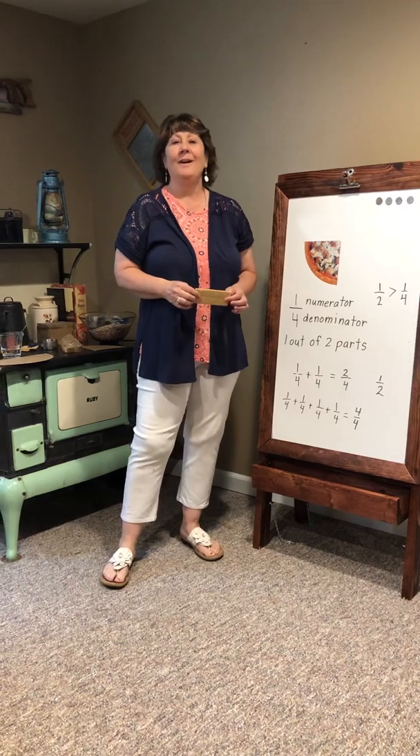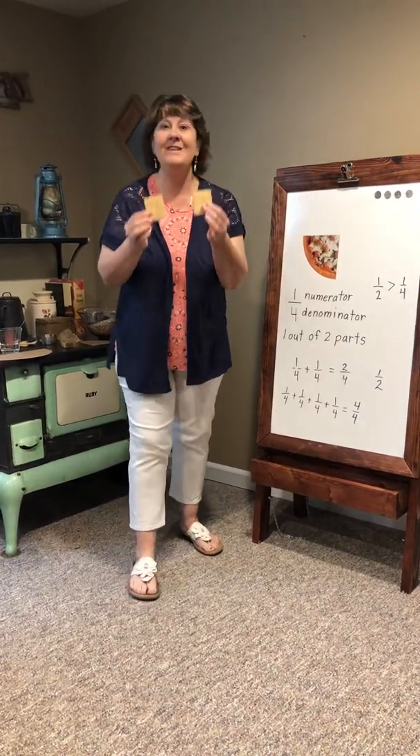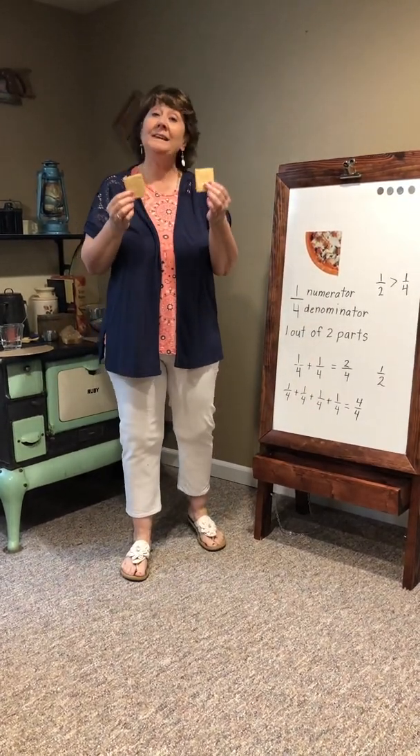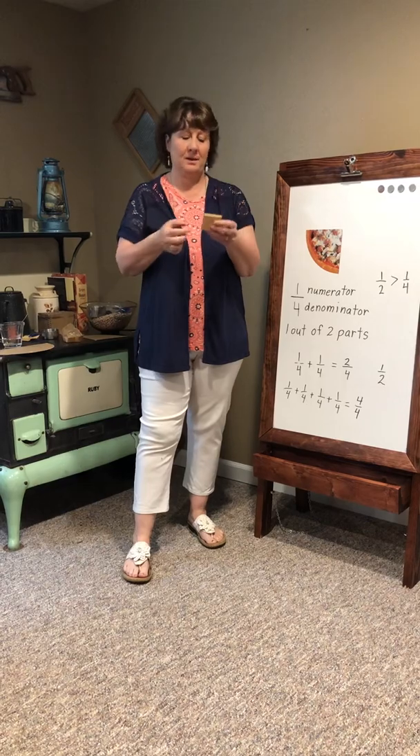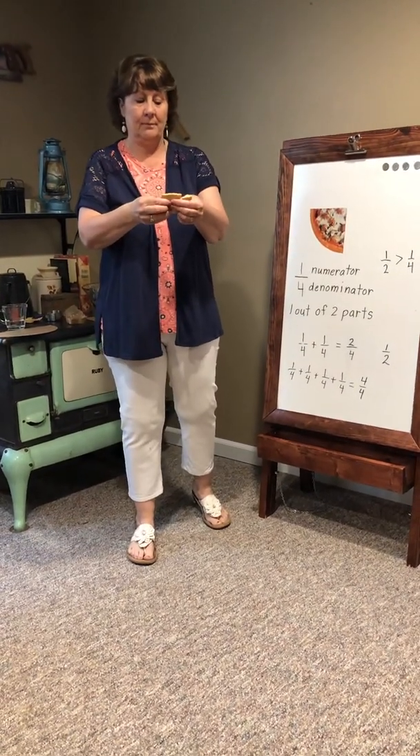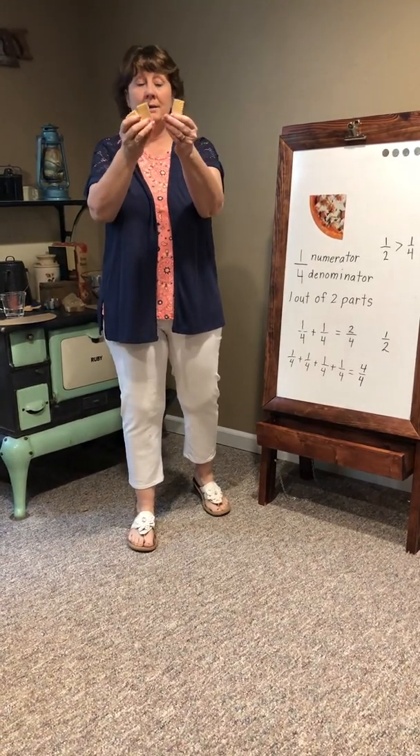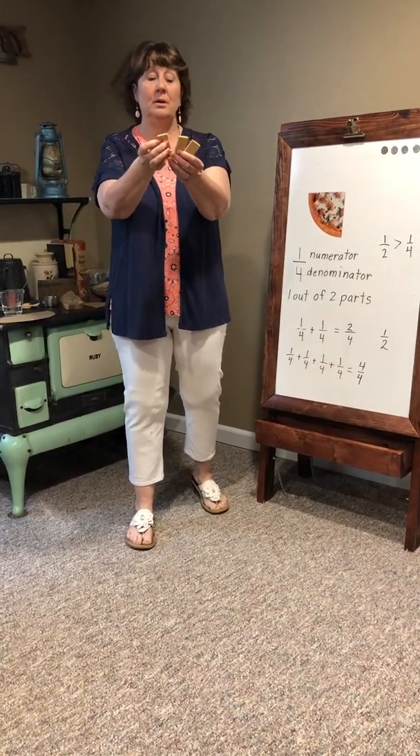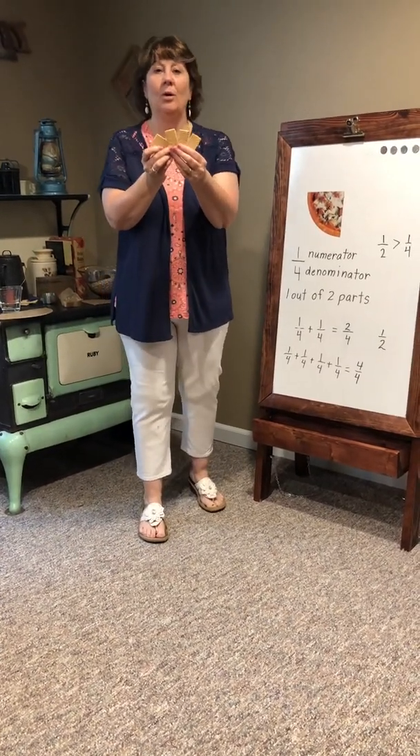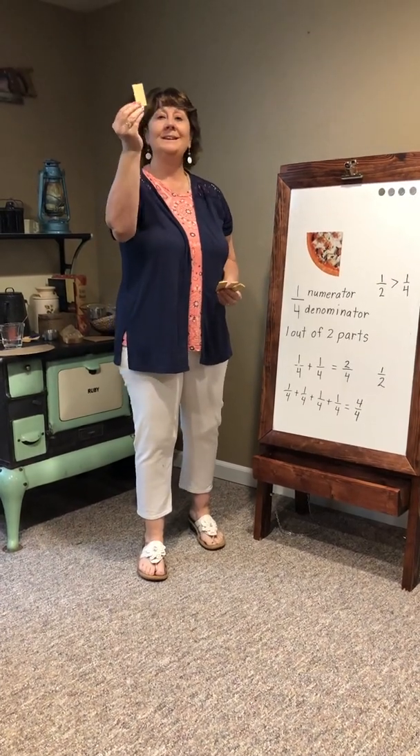Remember on the halves we divided our cracker in half, which had to have equal parts when you're talking about fractions. If I take each of these two crackers and divide them in half again, I will have 1, 2, 3, 4 equal parts. And if I hold this up, this is 1/4